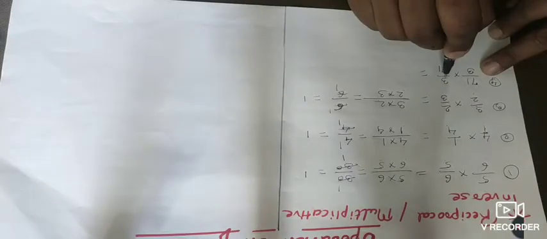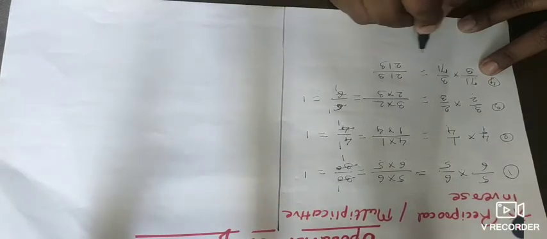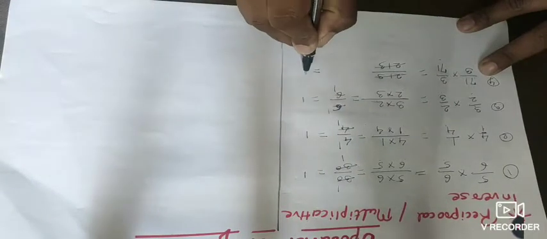Now one more example I will solve. Here it is 7 upon 3 into 3 upon 7, equals to, 7 threes are, what will be there? 3 ones are 3 and 7 threes are 21. So 21 over 3, and 3 into 7 also 21. So this gets cancelled with this and the answer is 1. Now observe this example and tell me what you notice. Observe it and think about it.